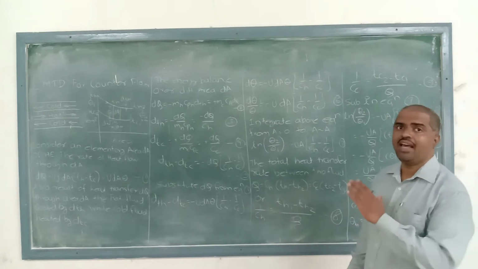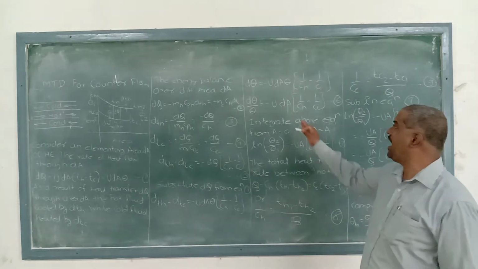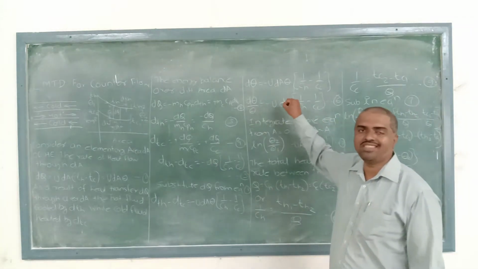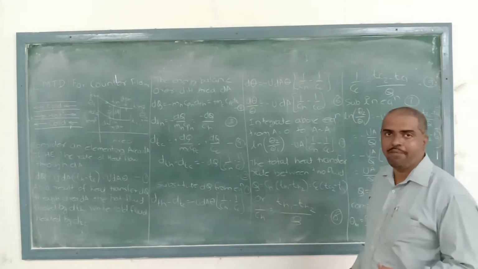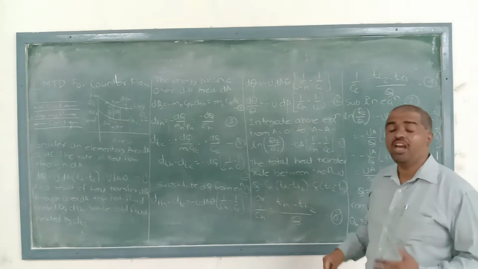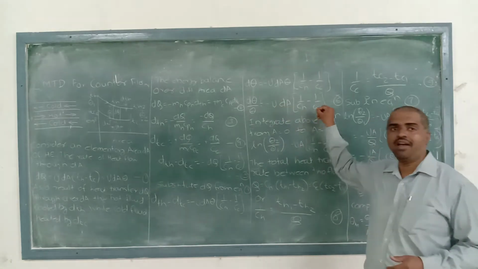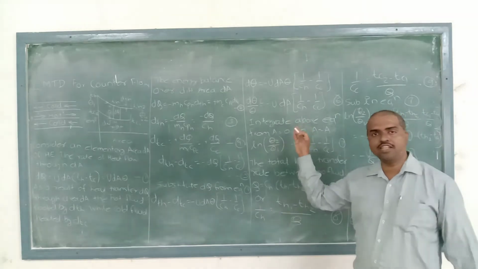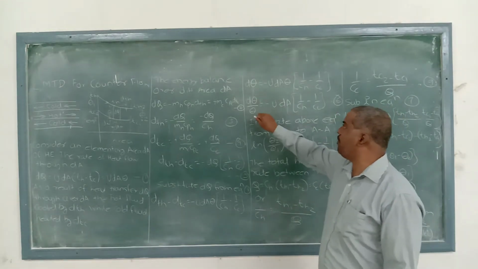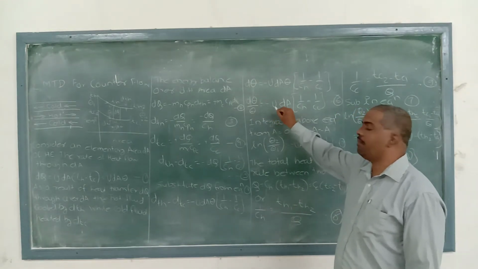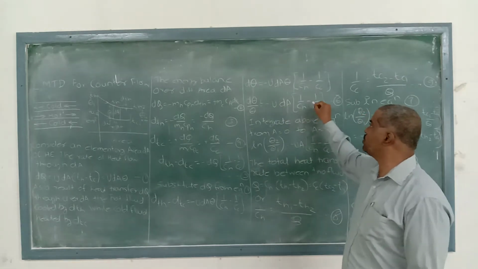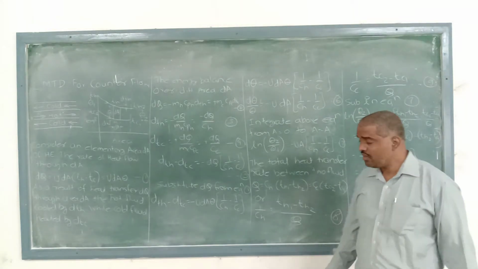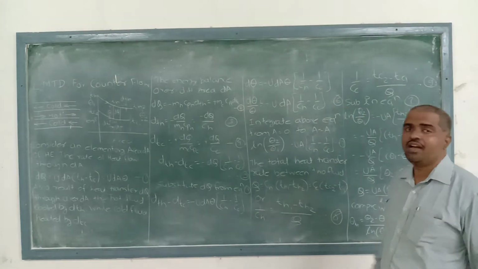We are taking the theta to one side and the area to the other side, because this temperature difference and the area are the variables, and the other terms, the overall heat transfer coefficient, Ch and Cc, are constants. So we are rearranging the terms, and we are getting d theta upon theta is equal to minus U dA into square bracket 1 upon Ch minus 1 upon Cc. We are calling it equation number 6.